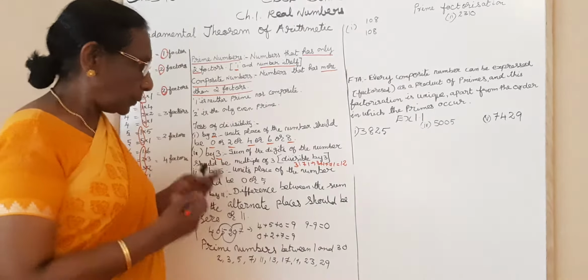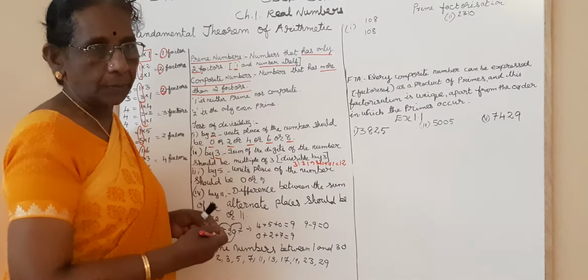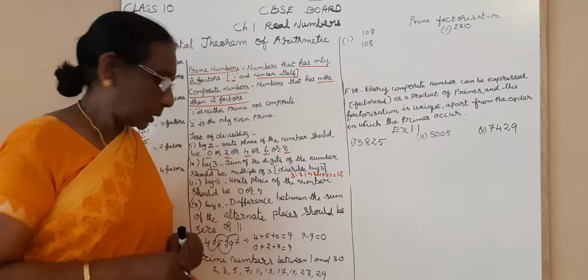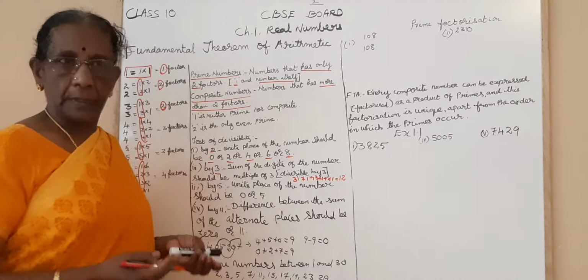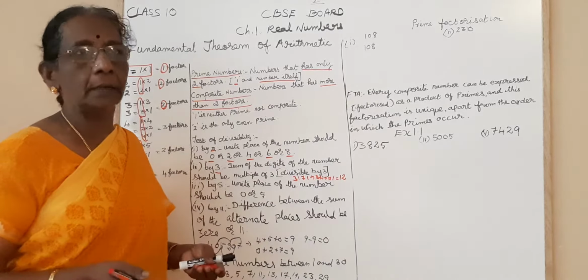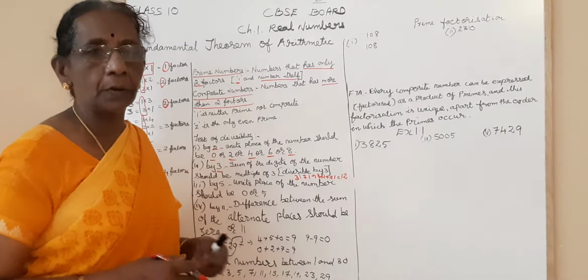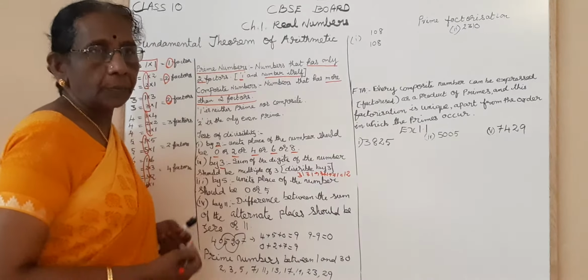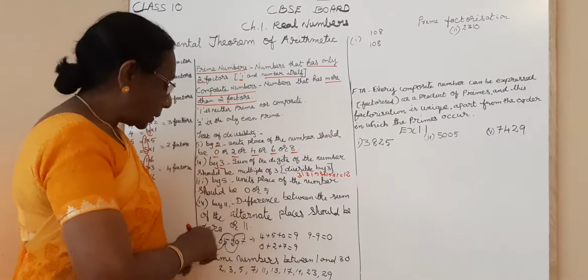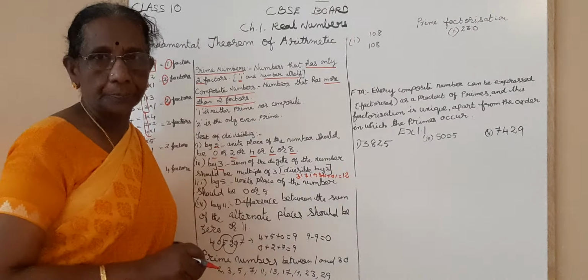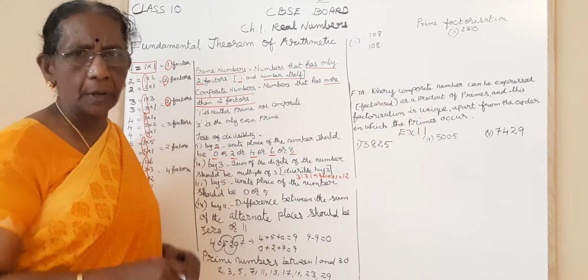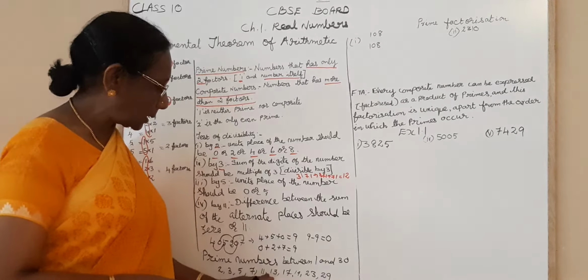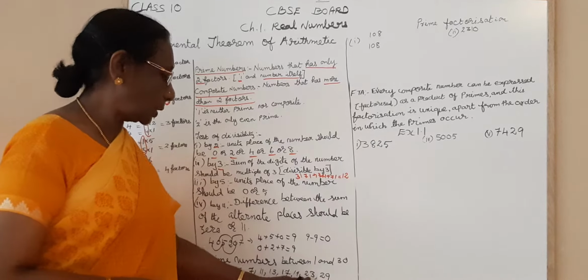Okay. So if you know these tests of divisibility, it will be easy for you to factorize the composite number. For the test of divisibility of 13, 17, 19, and other numbers we don't have a test, we have to divide and check. And mostly we will be using the prime numbers from 1 to 30. Okay, what are the prime numbers from 1 to 30? 2, 3, 5, 7, 11, 13, 17, 19, 23, 29.